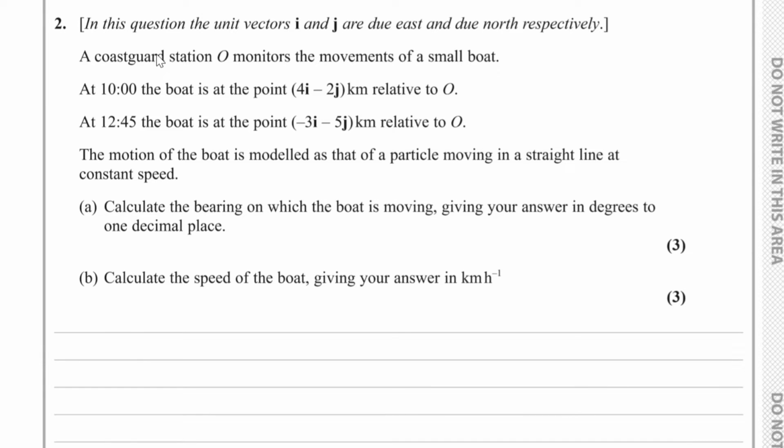Question number 2. In this question, the unit vectors i and j are due east and due north respectively. A Coast Guard station O monitors the movements of a small boat. At 10 o'clock, the boat is at a point 4i minus 2j kilometres relative to O, and at 12:45 p.m. the boat is at the point minus 3i minus 5j kilometres relative to O. The motion of the boat is modelled as that of a particle moving in a straight line at constant speed,